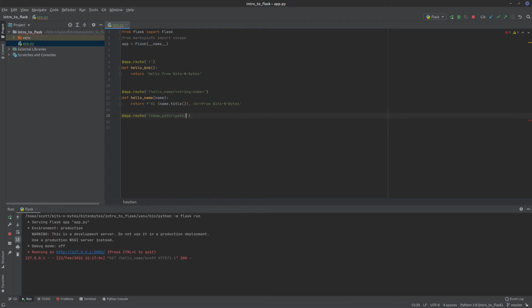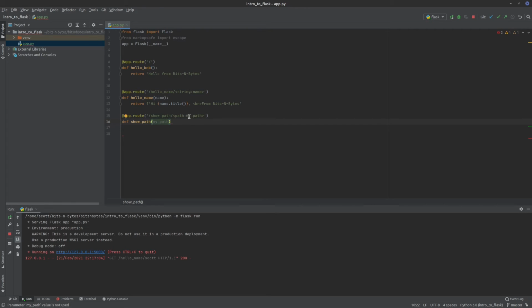So if you do path, and then we'll say my path, and we'll do that, and then we'll create our method, show path, and my path.